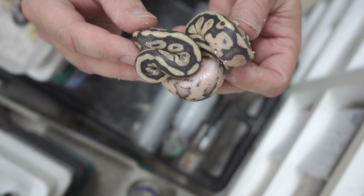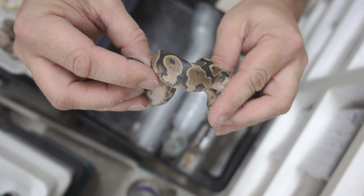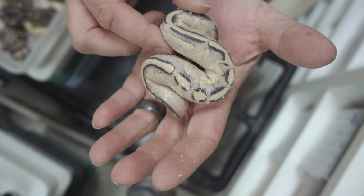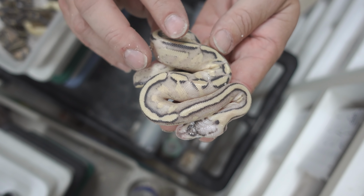This particular animal right here just happens to be a pastel specter. And then we produced a couple yellow bellies that have that really interesting belly pattern that makes them a yellow belly. And finally we hit what we were hoping for right here, a little pastel super stripe or a pastel